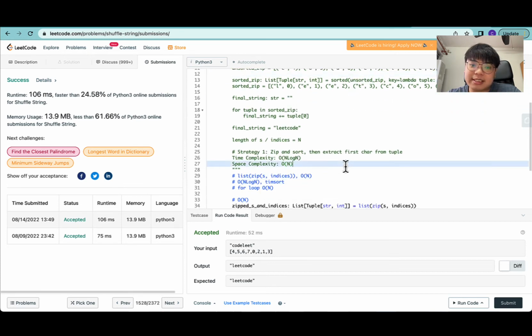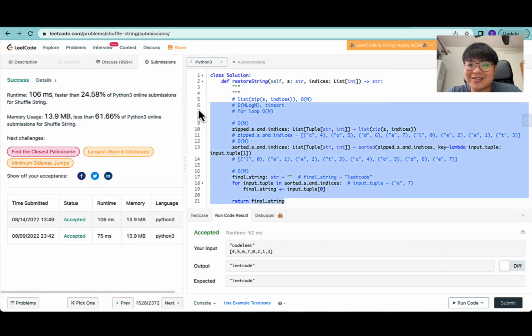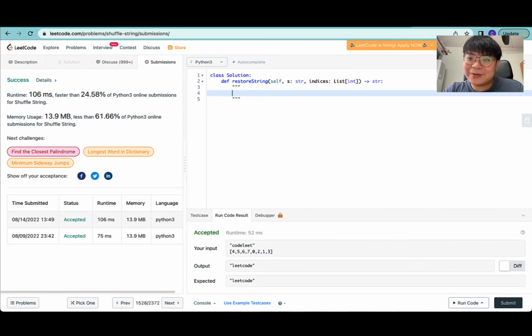Okay, let me just erase this. This is recorded, so this is fine. I'll leave it to you to look at this video. But the second strategy would be to, similarly, iterate through s and indices, and instead you can place